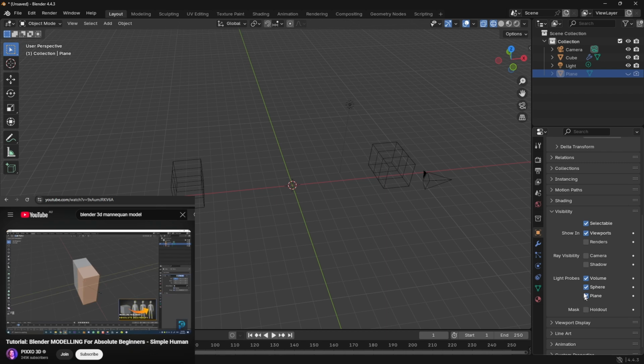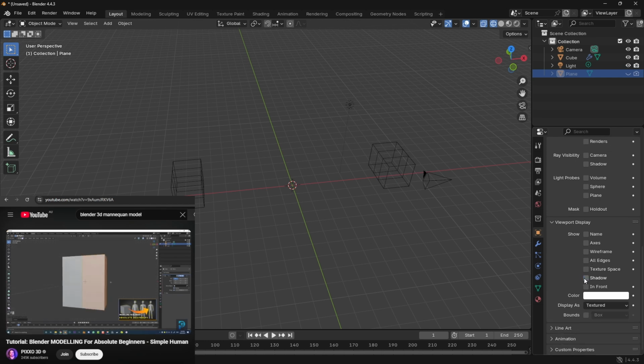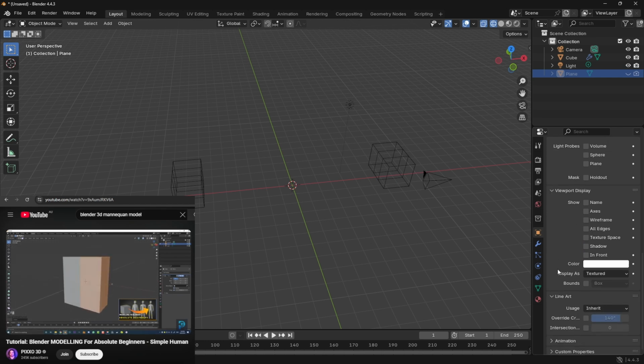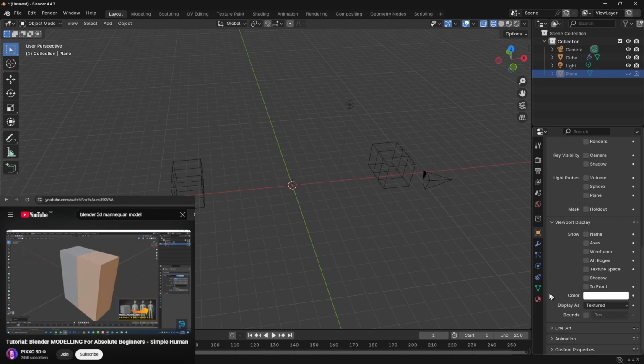So about this much. Okay, if you hit 1 to go back to your front orthographic view, you can hit G, X, and you can move it like this. So we want something that looks like this, and then from the side looks like that. Doesn't have to be exact, but just roughly these proportions. And then what we're going to do is we're going to